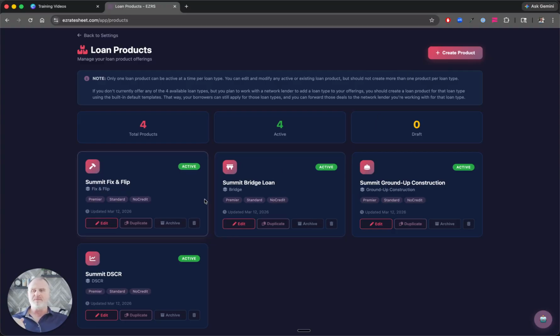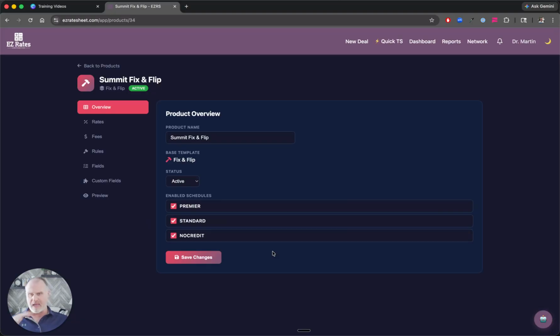So if I already had a product available and I just wanted to edit it, I can click edit, and then that'll allow me to modify every aspect. So I can turn on multiple schedules, credit scores, lots of cash on hand, lots of experience, things like that, versus standard versus no credit if you want. So you can turn off any options that you don't want. You can